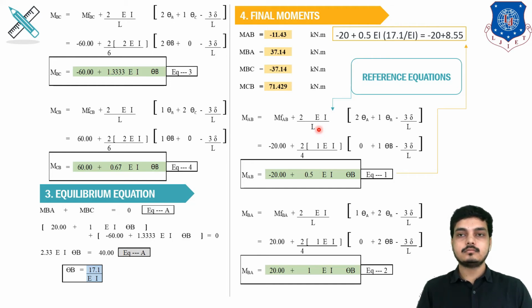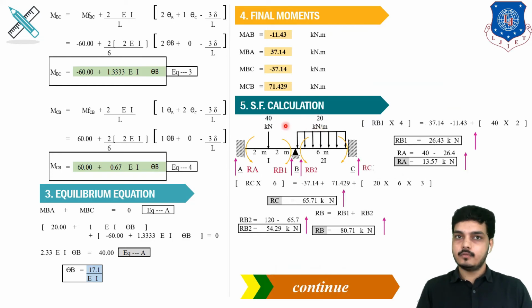Now the next step is shear force calculation. In the question it is asked to find the bending moment diagram and the shear force diagram. We have found the bending moment values, and for shear force we have to find some values. Let's see. A support, B support, C support, the given loadings, and these yellow moments are nothing but all four of my moments. This one is anti-clockwise because it is minus, this is clockwise because it is plus: 37, minus 37.14 and plus 71.49. These four moments will also be used to find the reactions.